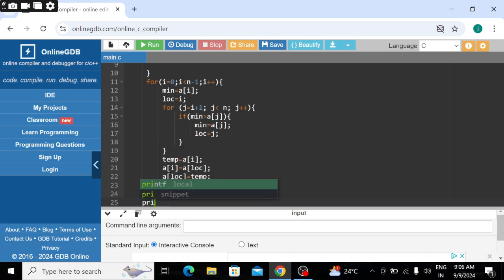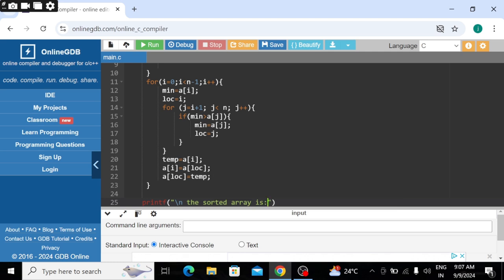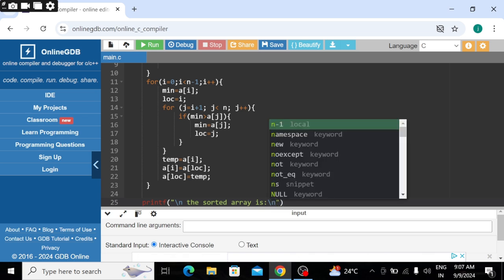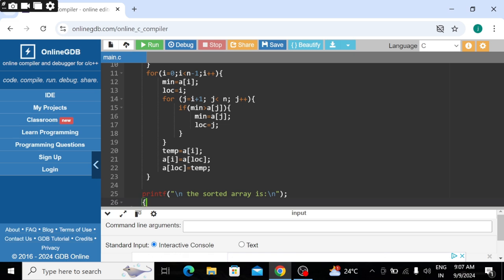After that, print the sorted array with the printf function. "The sorted array is:" with \n, and after that end with a semicolon.